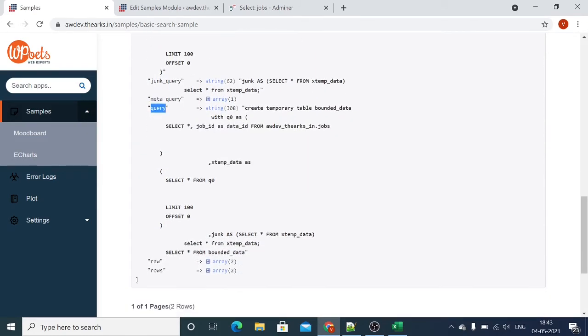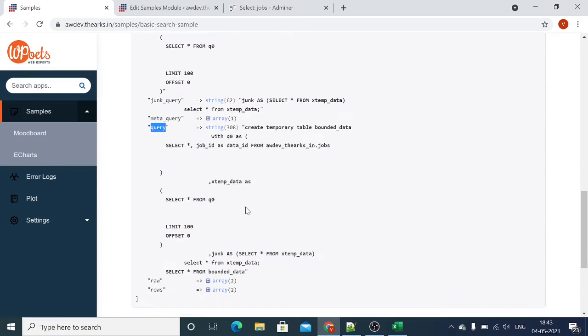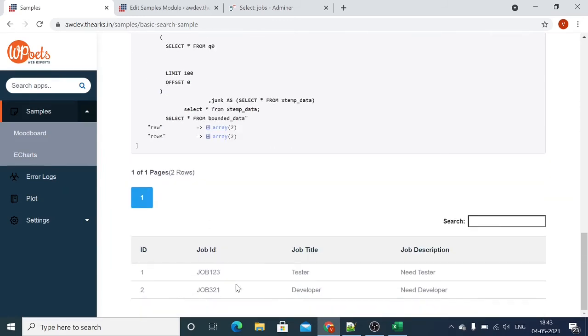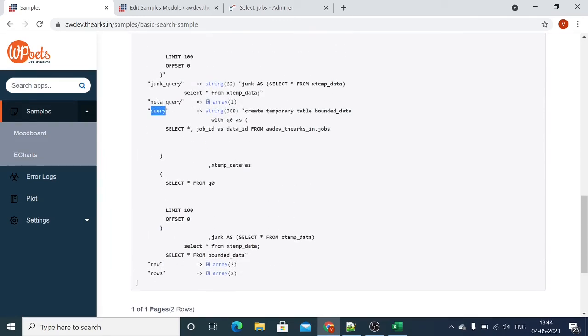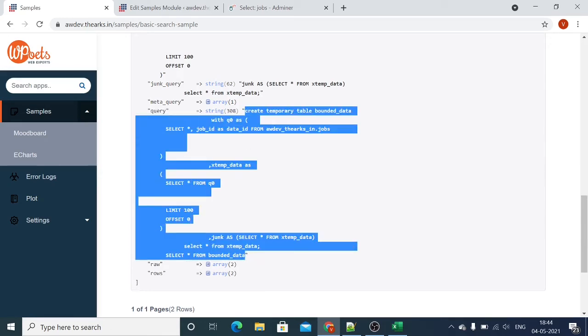This is our key value pair array, and the result of this query you can see in the rows. So we have two rows found if you execute this query.